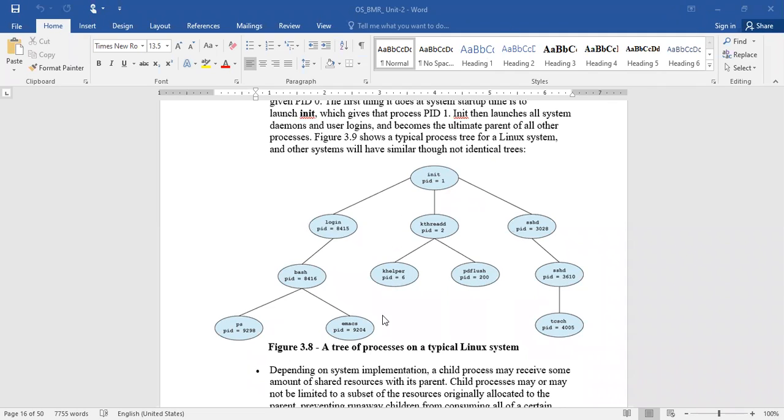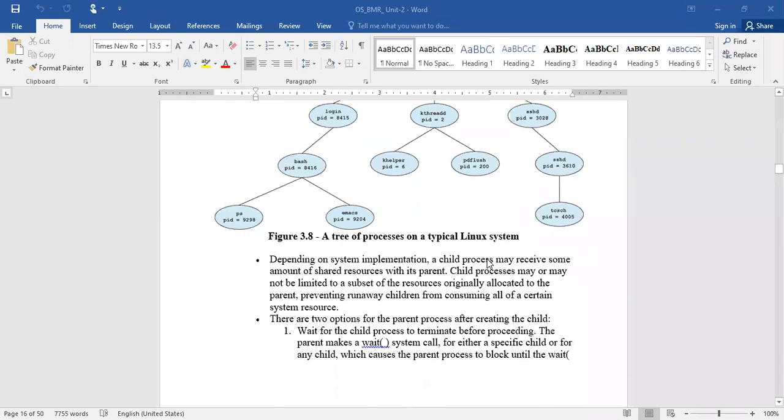So, as far as process creation is concerned, what we have to understand is that each and every process will be assigned a unique number, and for each and every process, the operating system will create a separate process control block. So the init will act as a parent process for all other processes which are created during system startup time. Hope you are all clear with this point or not.